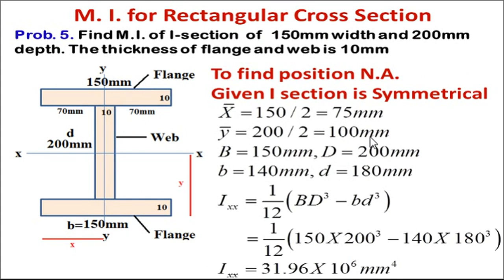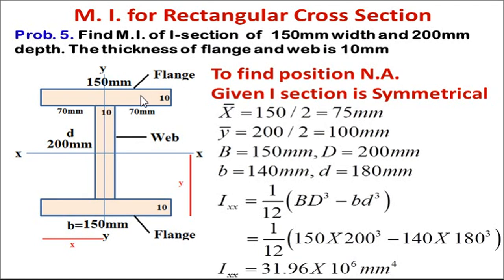Now I have taken an I section. In bending stress and shear stress problems, in this particular unit number 3, you have to find out MI of such sections. You should be able to find out MI of T section, I section, angle section, channel sections. These are the sections normally used in bending and shear stresses. That's why everybody should know how to calculate MI of an I section.